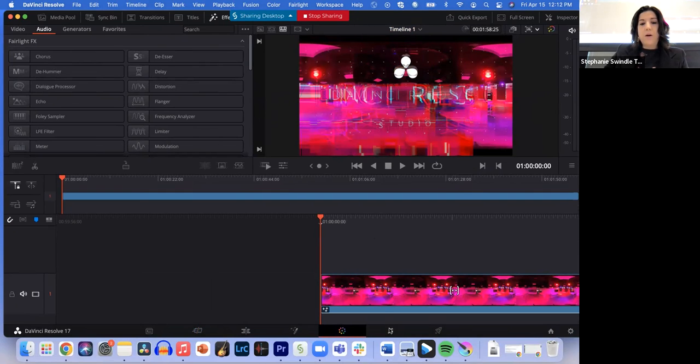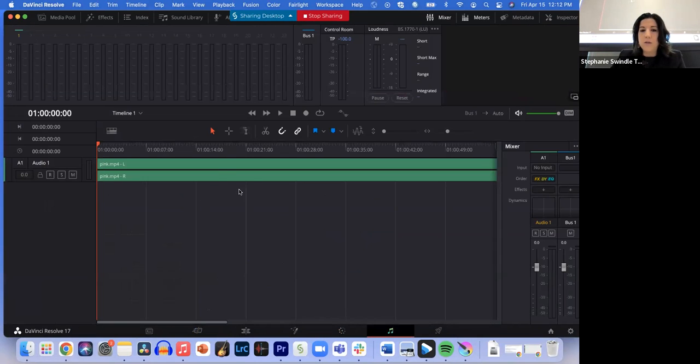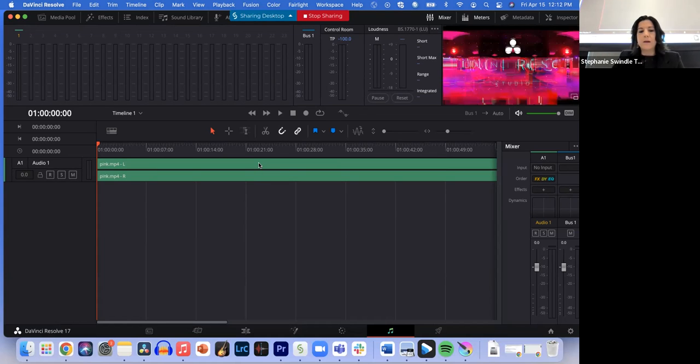But if we're talking about audio, you can also do a lot of audio things in this software, just like you can in Premiere Pro. But if we're talking about trying to get the same effects as doing something using the Adobe audio products, you're going to want to probably move into something like Audacity. If you've ever heard of Audacity, it has some really cool effects that will allow you to do all of your editing work. And the only thing that you're going to be missing